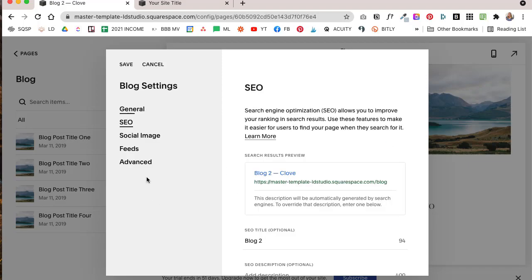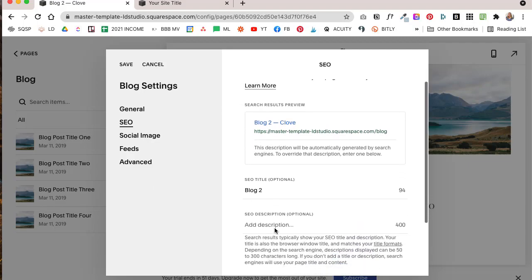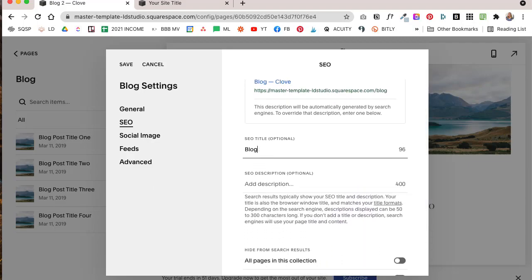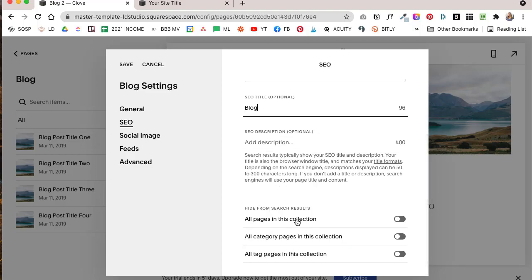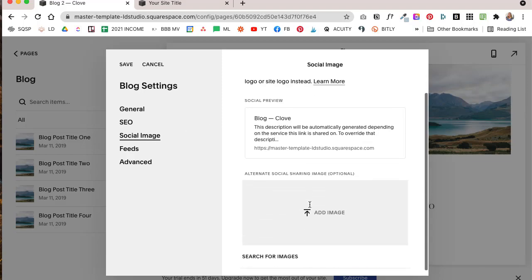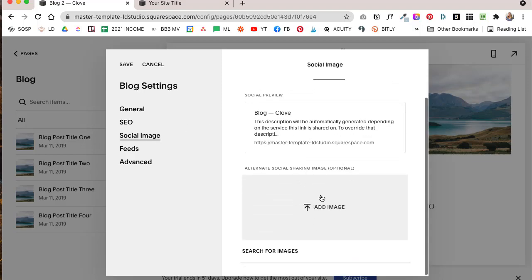This is where you can also control the SEO settings for your blog, where you would enter an SEO title and a description that's optimized for the search engines. And this is also the section where you can hide the category pages and the tag pages in case you don't want them to be indexed in the search engines. You can upload a social image for your blog that will show up when somebody shares the URL to your blog page on social media